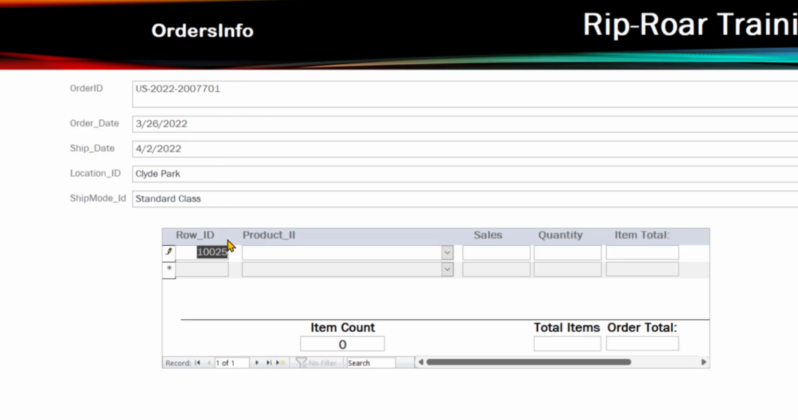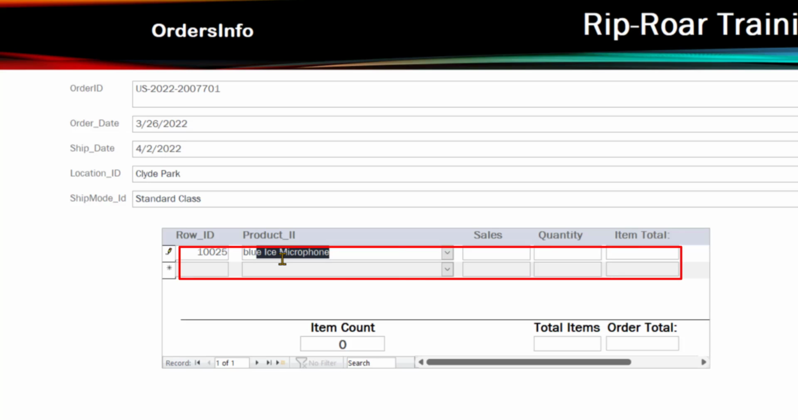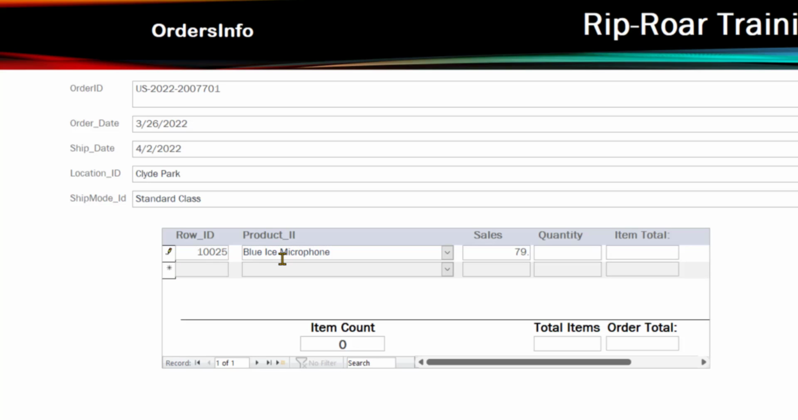It's Clyde Park, standard class. It's all there. Then I can start typing in my items. And I don't have the prices in there yet, but we'll put those in there soon. And then see how it automatically created the row ID. I don't have to mess with that anymore. That's all taken care of. I don't have to worry about product IDs. I just type in the name of the product,